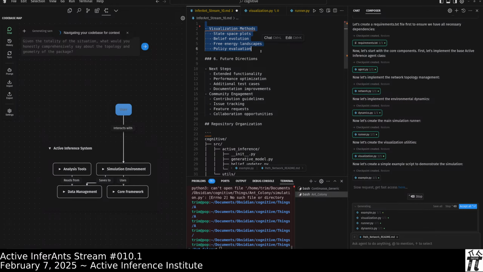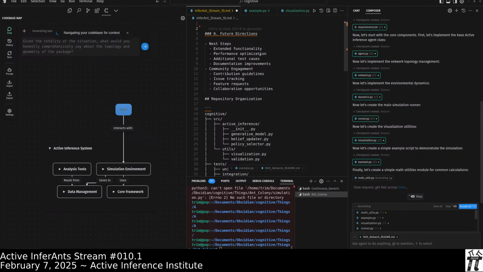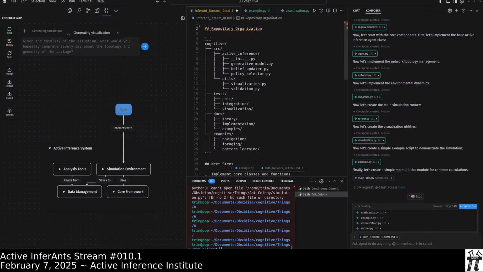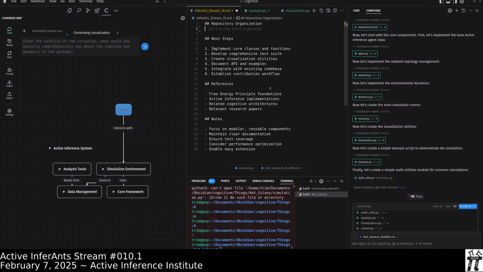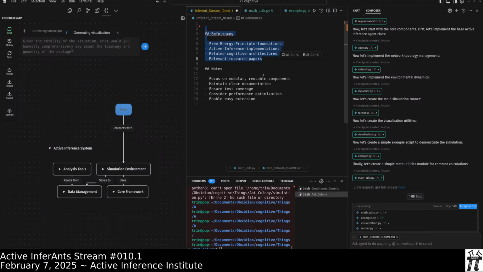Visualization methods, we saw a bunch of visuals. Future directions: extended functionality, performance optimization, additional test cases, documentation improvements. Community engagement: contribution guidelines, issue tracking, feature requests, collaboration opportunities. Okay. Repo information. Next steps. References and notes.